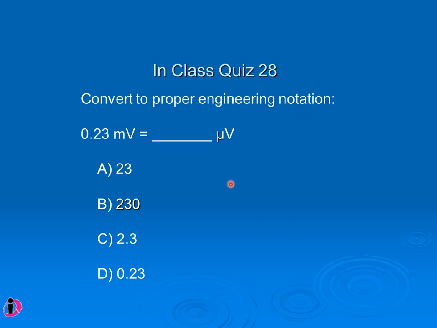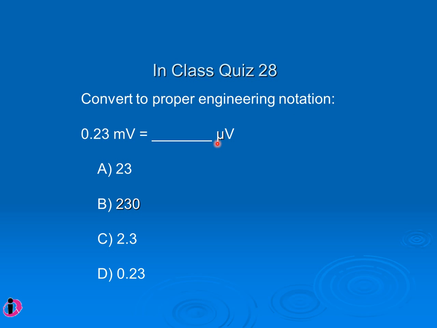Now, for an example, can we convert the following number to proper engineering notation? Meaning, you have milli, and you want to make it micro. So you are going downward, right? The power of 10 is getting decreased, because milli is 10 to the negative 3 and micro is 10 to the negative 6. So the power is getting decreased, so the number will be